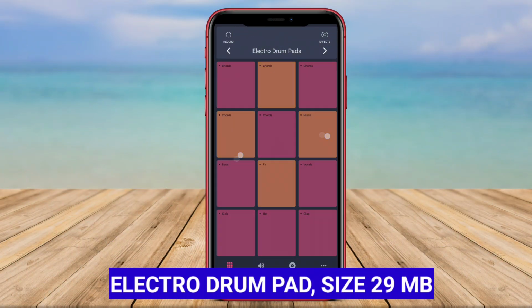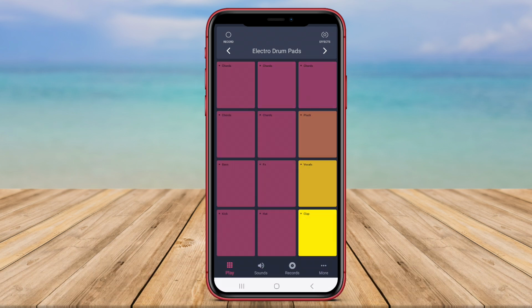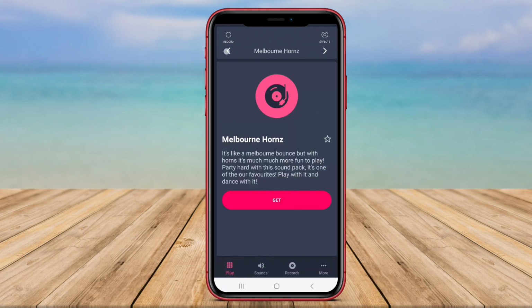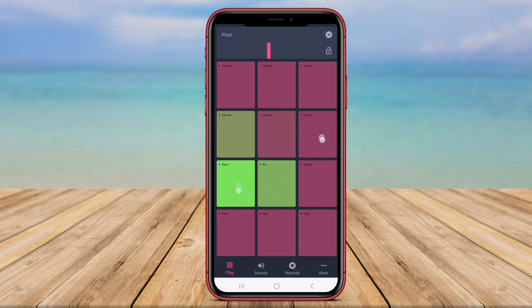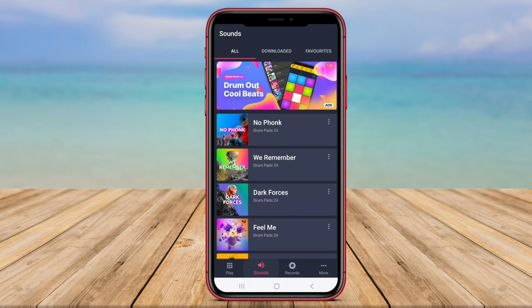Electro Drum Pad. Electro Drum Pad is another top-notch DrumPad application for Android devices. This app is designed to cater to music enthusiasts who enjoy creating electronic and EDM beats. Electro Drum Pad offers an array of virtual pads that users can tap to produce different sounds and rhythms. The app includes a variety of preset drum kits and sound effects, allowing users to experiment with various genres and